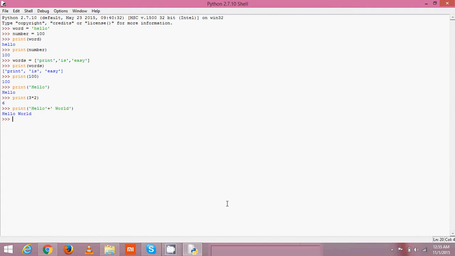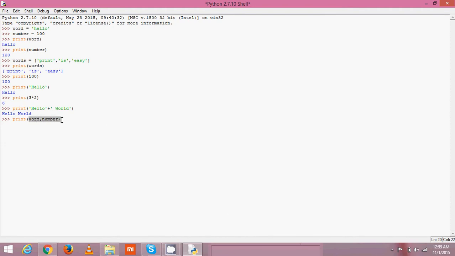I can use simple tuple notation to print two different variables at the same time. Like print hello, comma, word, comma, number. So you can see this is a tuple.